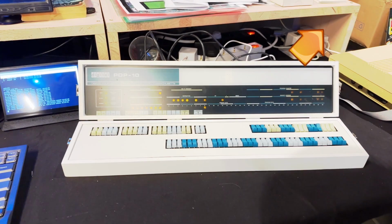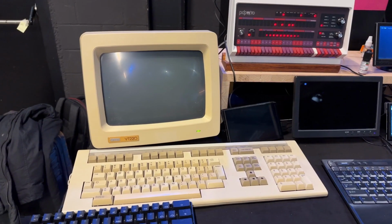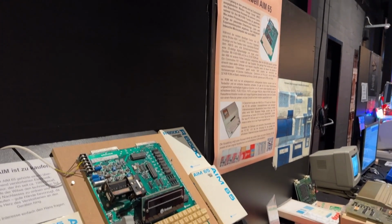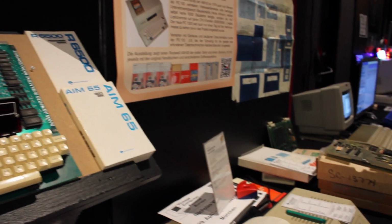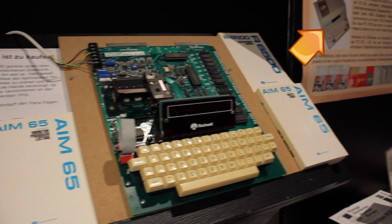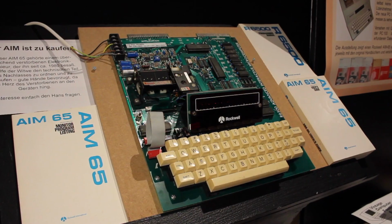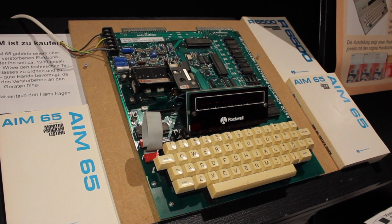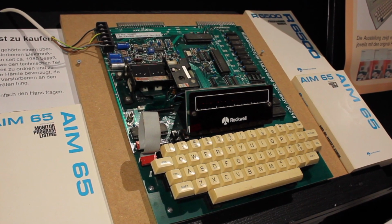I featured myself the assembly of the PHINTAGE kit in one of my earlier videos on this channel. Then there was also this 1978 AIM-65 experimental computer on display and actually even on sale. Had I not received 3 of those during a basement clearance earlier this summer, I would have no idea what it was about. I was teasing this topic already for a future episode, and I will definitely start investigating into